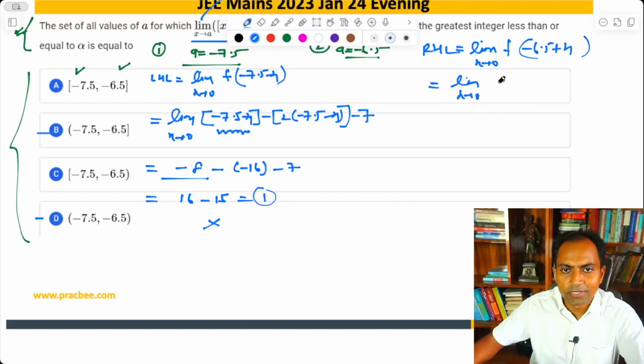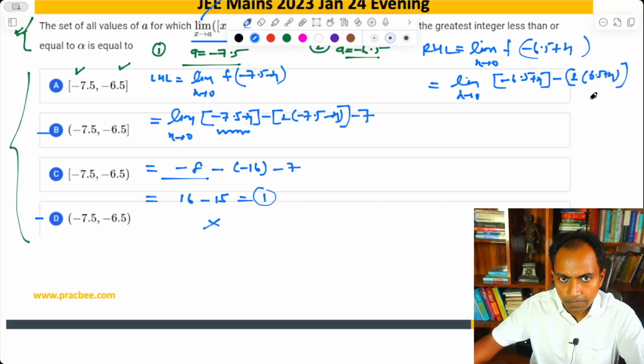Question was greatest integer function of x. This will become minus 6.5 plus h, then minus 2 times (6.5 plus h), greatest integer function. And then you have minus 7. If I simplify this, and now if I look into the first part, the value is slightly greater